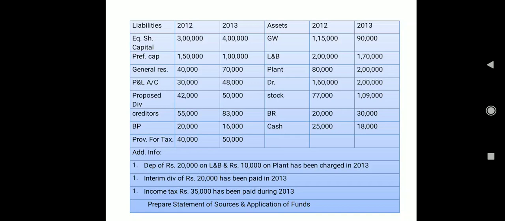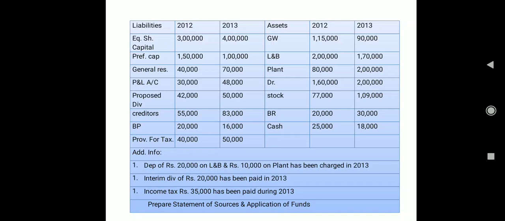Clear? Now coming to creditors, creditors are also your current liabilities, so again it will be a part of first step. Then again bills payable, again it is a current one, so it will be a part of your first step. And provision for tax, as I told you with the proposed dividend only, I am going to treat it as a current liability in today's question. Next classes somewhere we will definitely learn if you are going to treat these things as non-current, then what are the things we have to keep in mind. Now we are going to treat proposed dividend and the provision for tax, both as a current liability. So current items whatever we have: proposed dividend, creditors, bills payable, provision for tax.